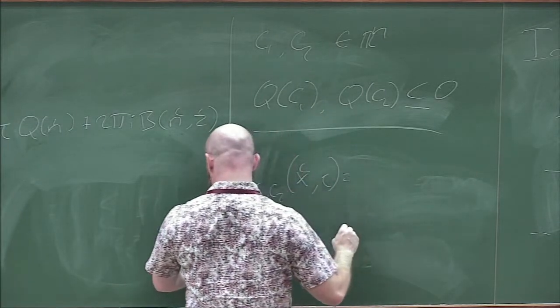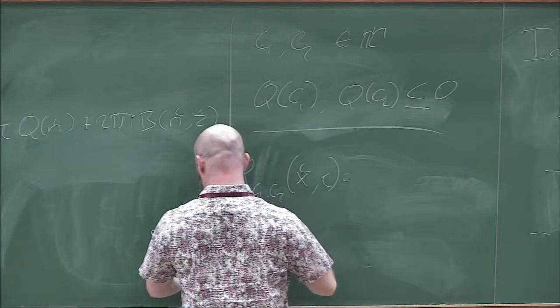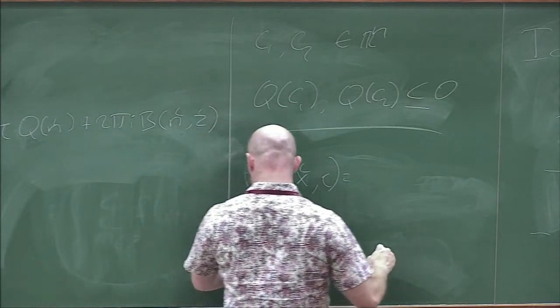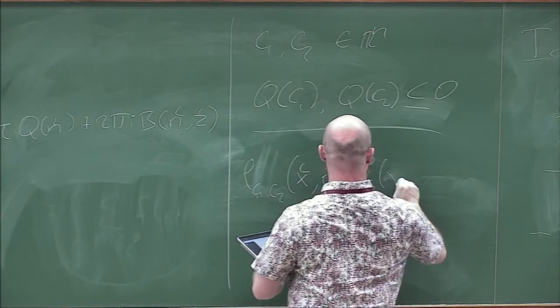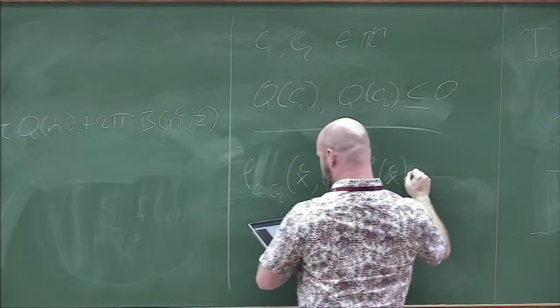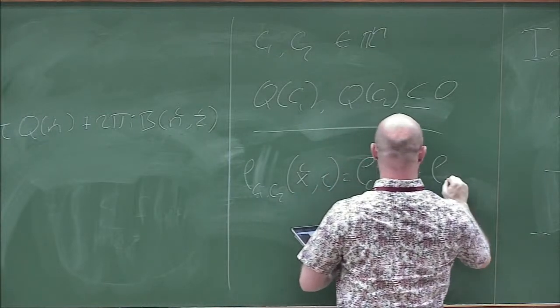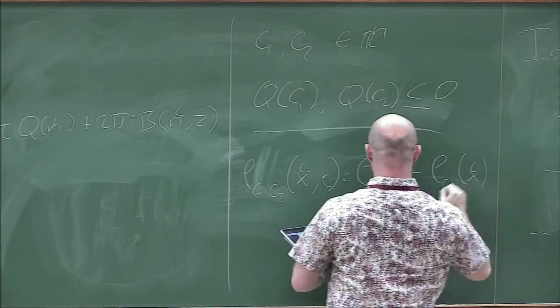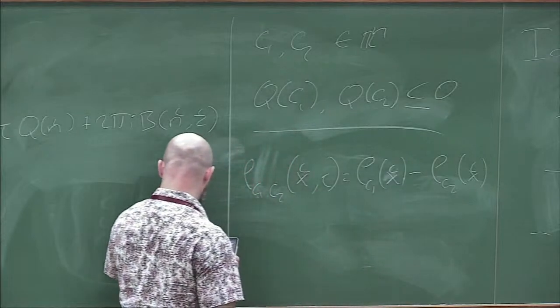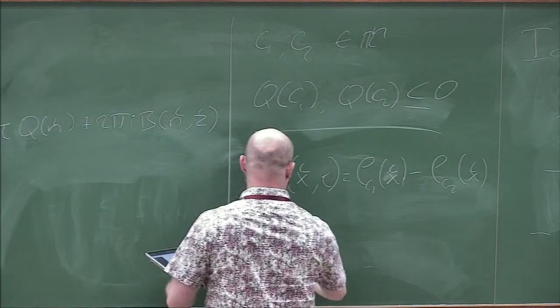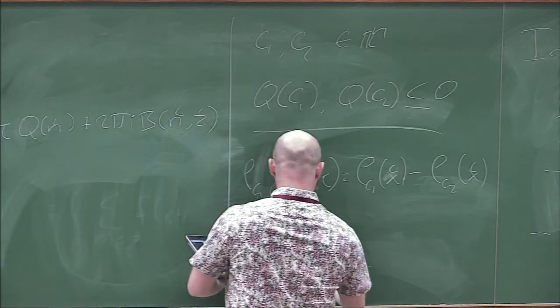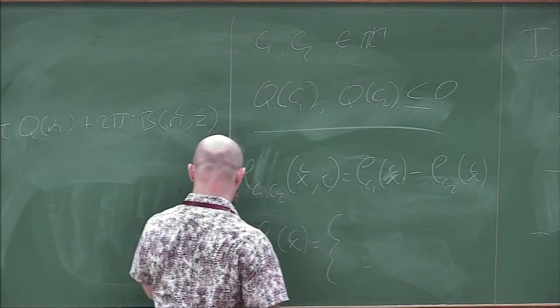We break this up into two pieces, one corresponding to each one of these vectors. So rho of C1 of x minus rho of C2 of x. I'll just leave tau implicit here for the moment, where rho of my vector C is equal to,